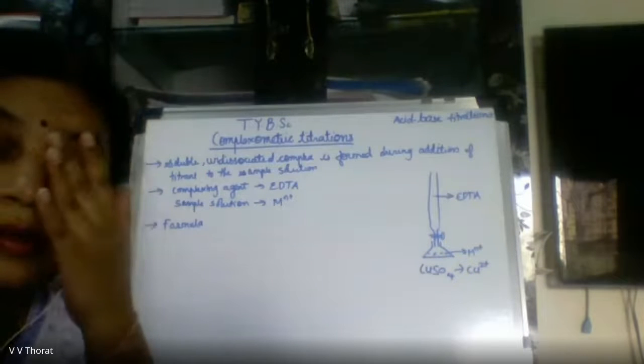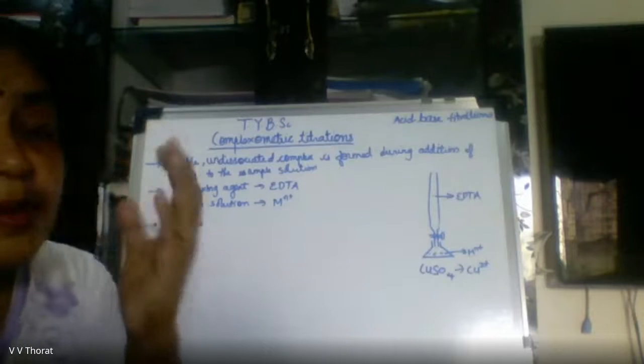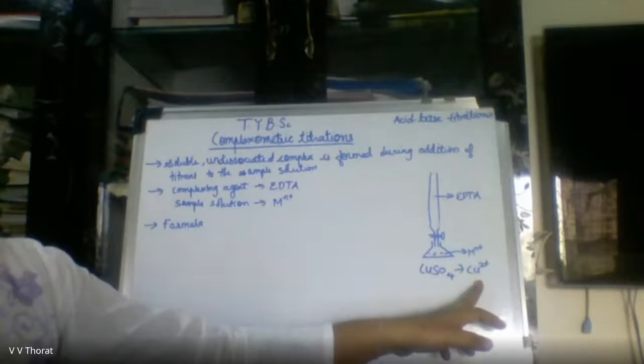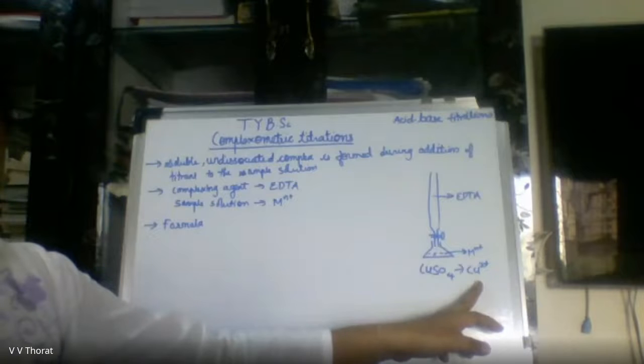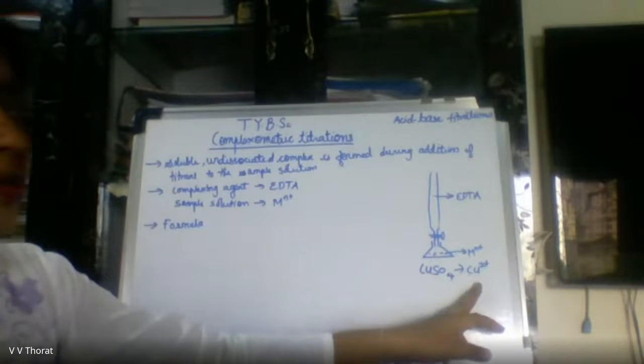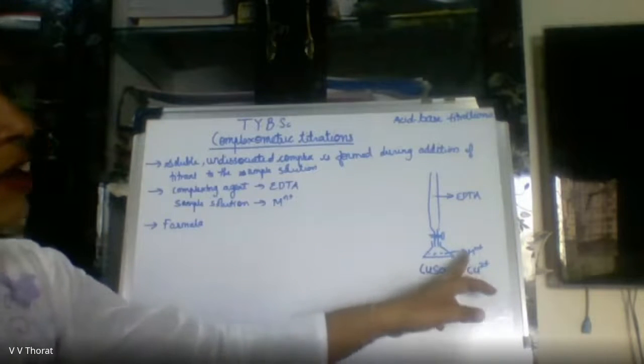Suchita, please listen, be attentive. Metal ion means, suppose I am taking copper sulfate solution, it means I am taking a copper metal ion solution. If I am pipetting iron solution, it means I am titrating iron metal ion solution